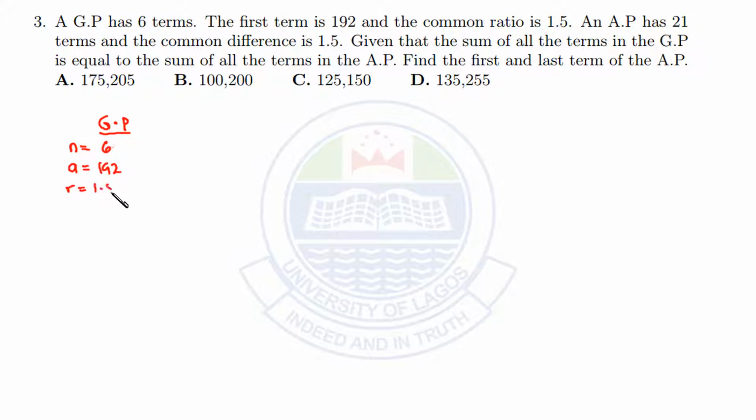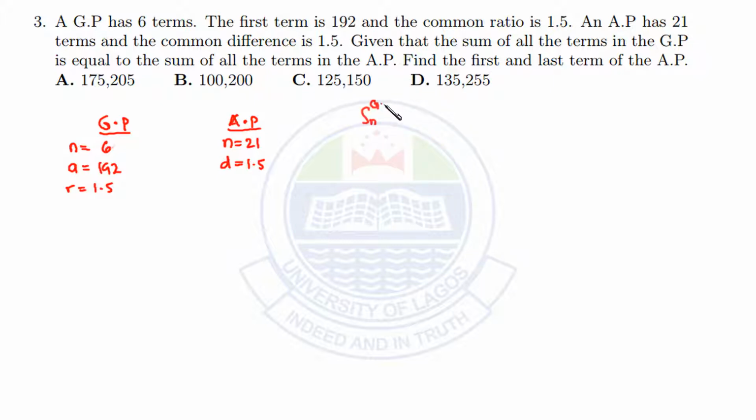So we have this to be 1.5. Another statement says an arithmetic progression has 21 terms. Let's say we have an arithmetic progression which has the number of terms to be 21, and the common difference here is 1.5. And they said, given that the sum of all the terms in the geometric progression is equal to the sum of all the terms in the arithmetic progression,